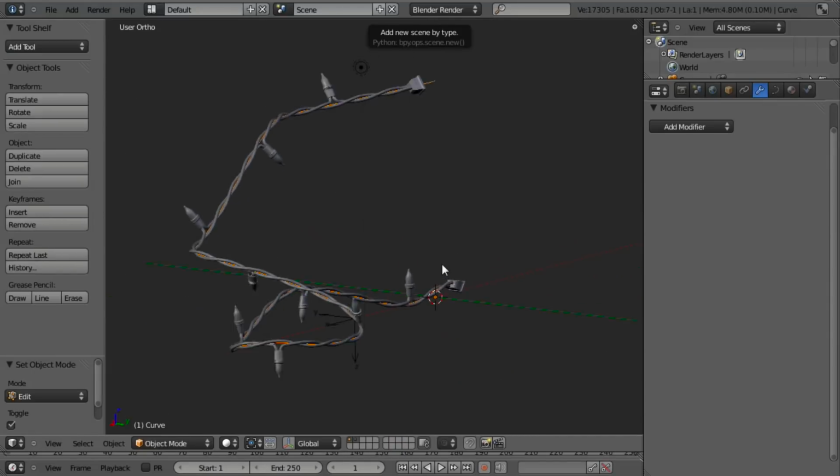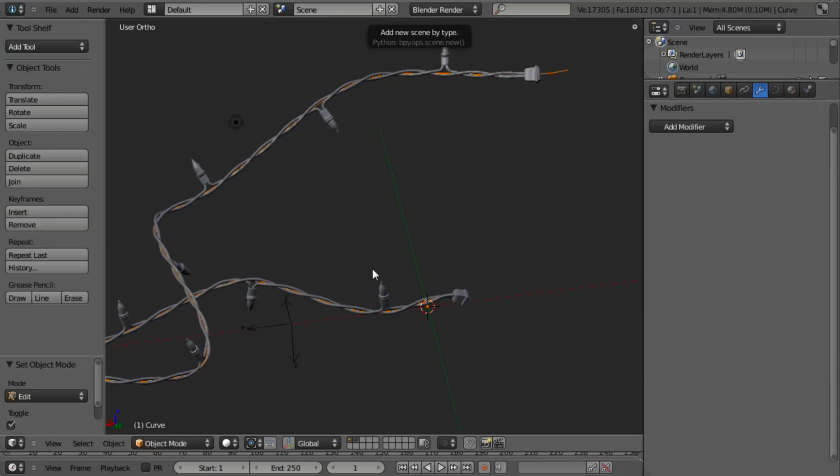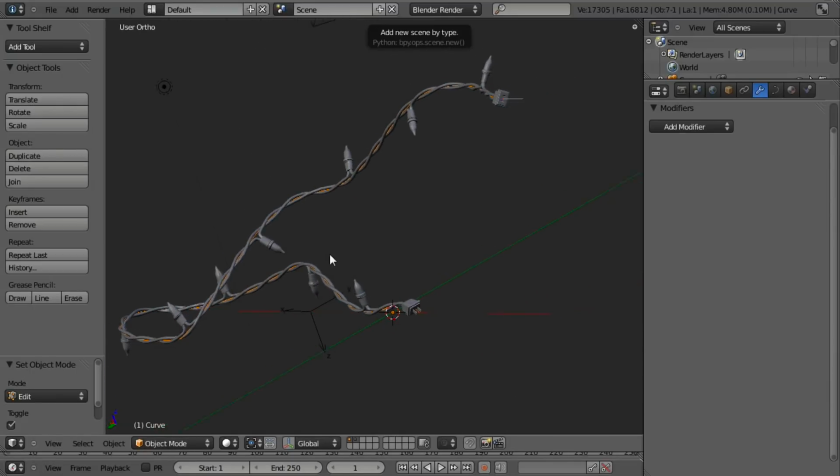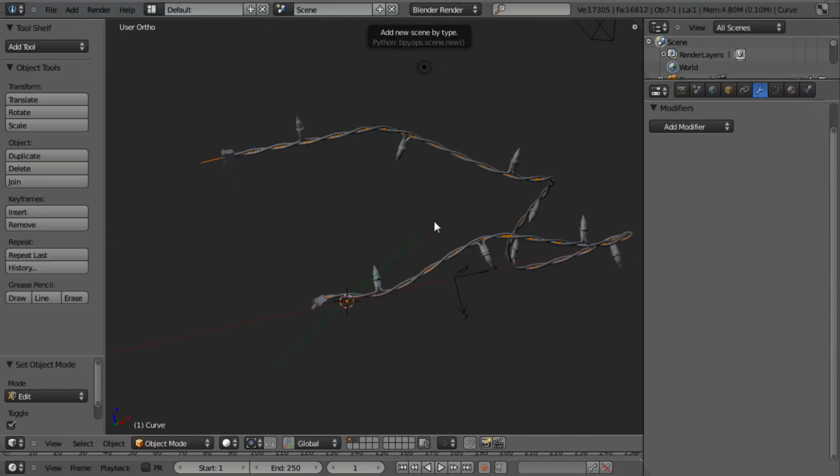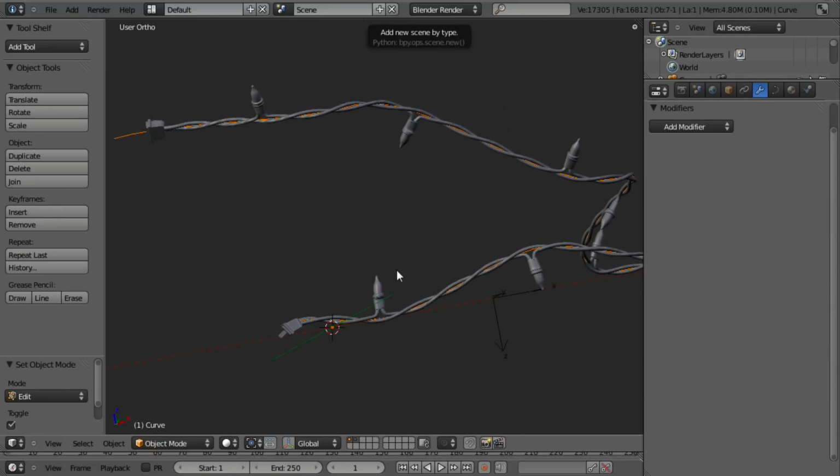But that's that. That's creating an entire Christmas light strand in Blender 2.5. I hope you found this tutorial helpful. Again, obviously, if you have any questions or anything like that, feel free to hit me up on email or